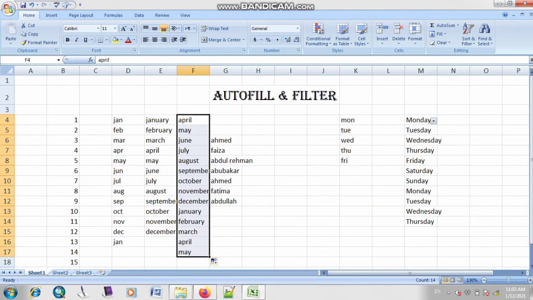So you can also drag until and unless how many columns you want to fill. So basically this is the use of the autofill feature. Automatically you can fill your series, and filter is basically used if you want to apply some kind of restriction to your data, then you can use the filter option. So these two are basic features of Microsoft Excel. I think you should practice at home. This is very simple and easy, there is not any kind of problem.